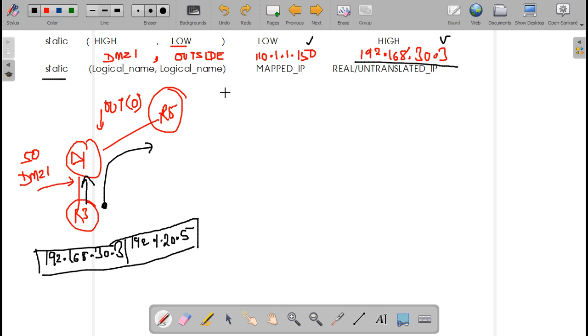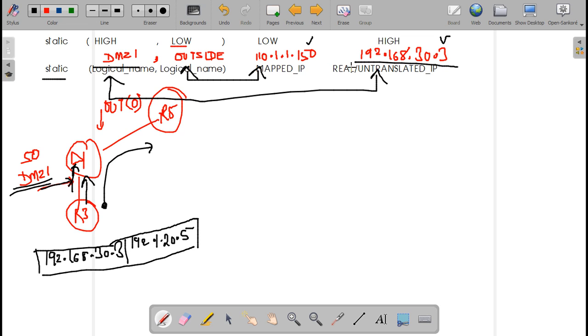Is this IP coming from the DMZ1 interface? This is the DMZ1 interface. Yes, it is coming to the firewall through it.